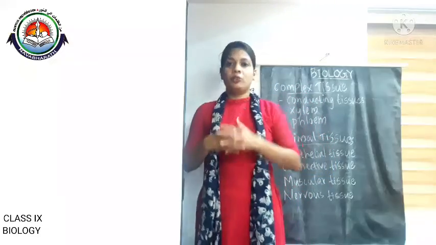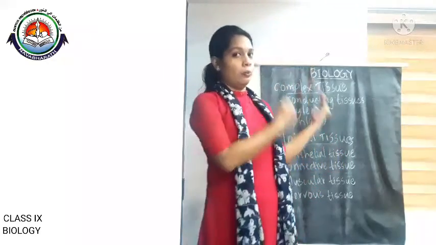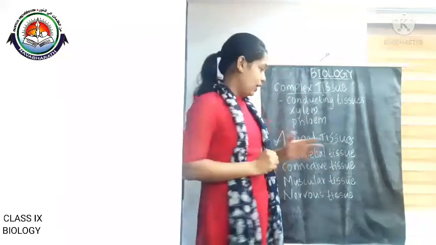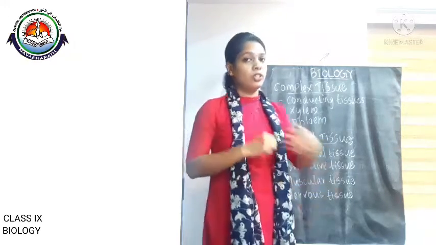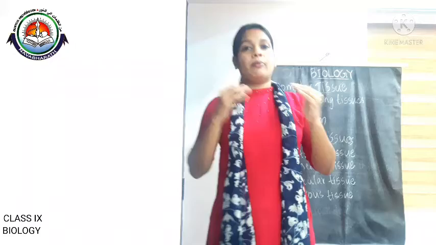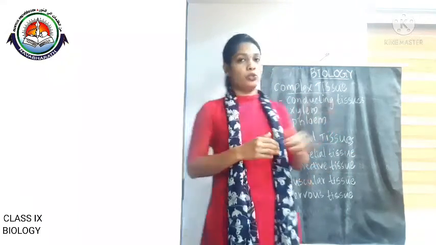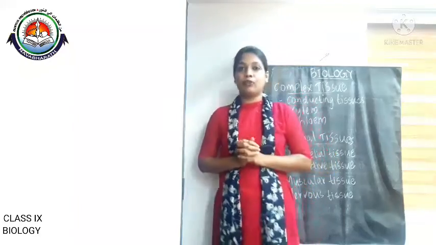So we can continue the revision class of the second chapter in biology, that is tissue. In our last class we reached up to the connective tissue. We know that in animal tissue there are 4 different categories: epithelial tissue, connective tissue, muscular tissue, and nervous tissue. Among these, we have studied epithelial tissue. Then connective tissue, we are going to discuss connective tissue, and blood is the most common example for connective